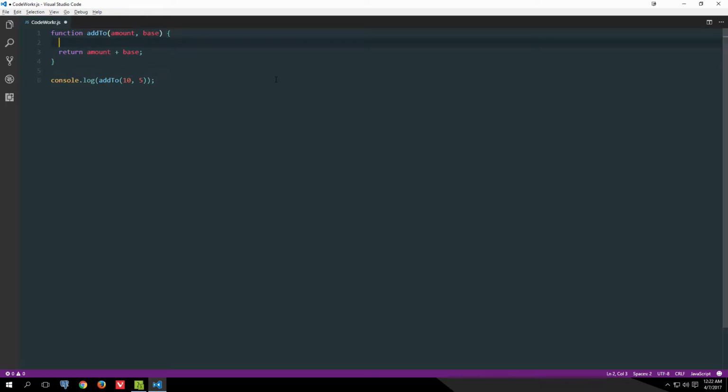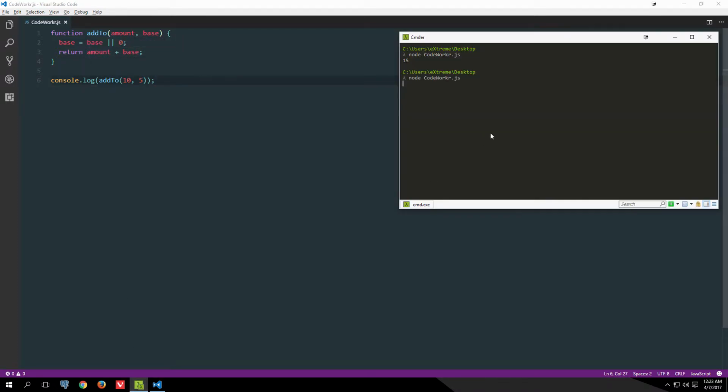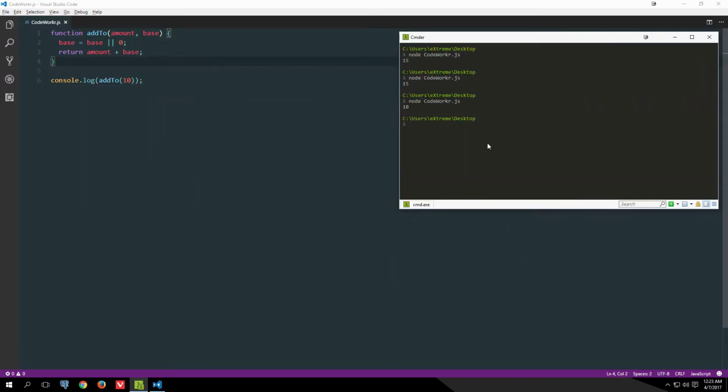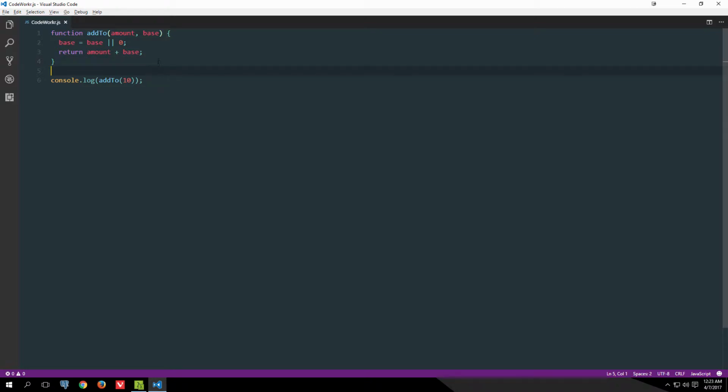Well, before ES6 you could do something like this. You could say base is equal to the value base if it is defined, otherwise define it yourself here. So we can say 0 here. So this will pretty much be like, if the base hasn't been defined, then assign 0 to the base, otherwise just use the value that we received from that argument. So now if I test this function, I can run it again and see we get 15. That's great. But if I get rid of this second argument and run this once again, we should see 10. And this works as we want it to work,